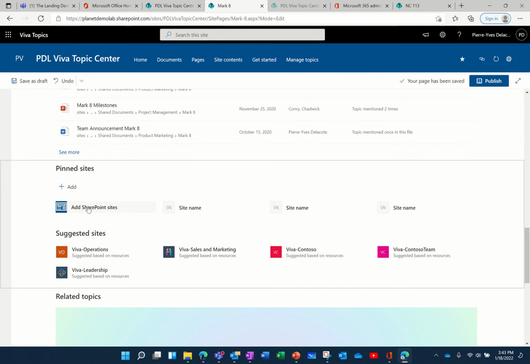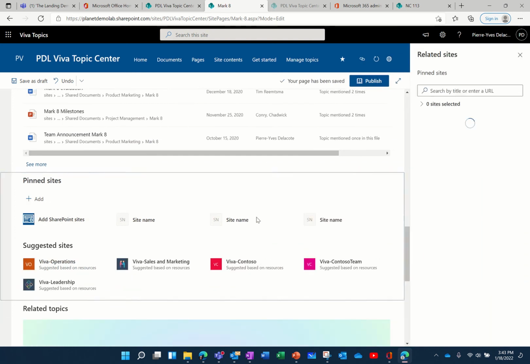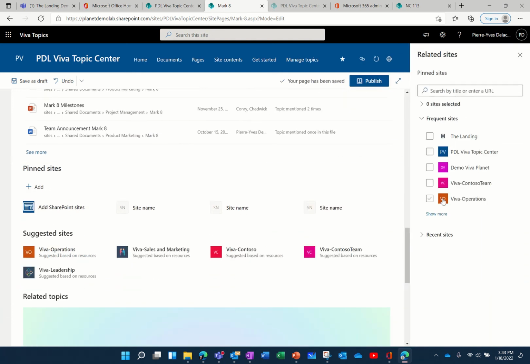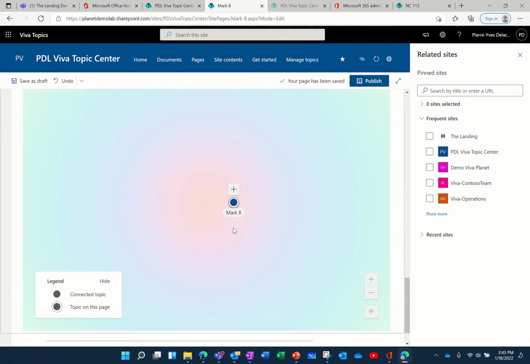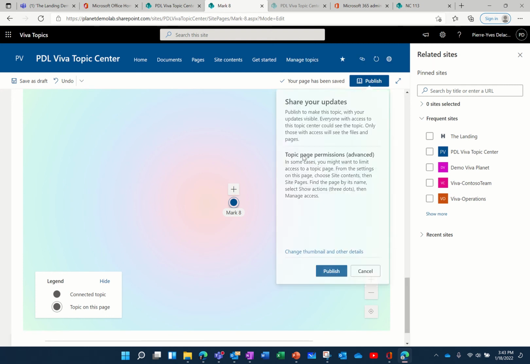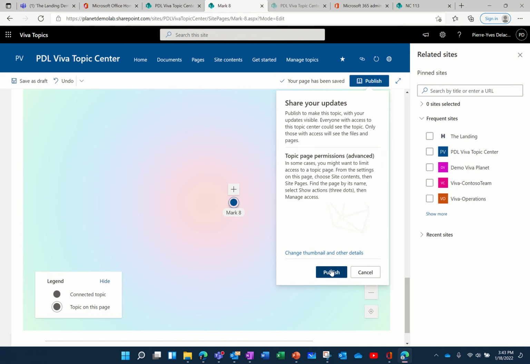You can also add a site if you want to refer to a site. So if you know the site is talking about that and you want to highlight it, you just click on here. It will find all the sites here, or you can search by entering the URL here. And also you can say this topic is connected to another one. So you can add another topic so people can browse even further. And when you're finished, you publish the topic,